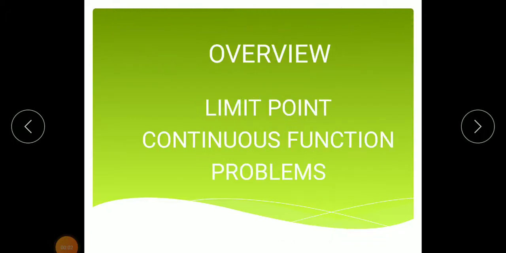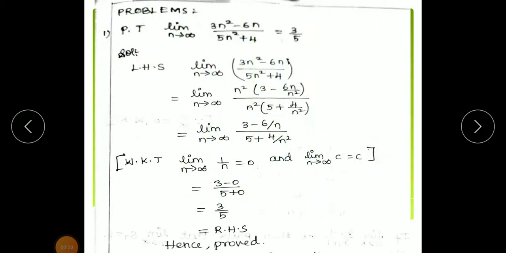Today we are going to see Unit 5, that is limit point and continuous function and their problems also. Last class we had seen the metric space and limit point and continuous function definitions, the basic definitions. Today we are going to see the basic problems on limit points as well as continuous functions on the real line. So, first problem: prove that limit n tends to infinity of (3n squared minus 6n) divided by (5n squared plus 4)